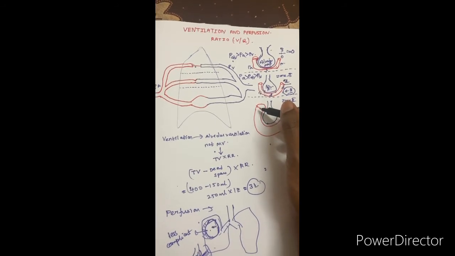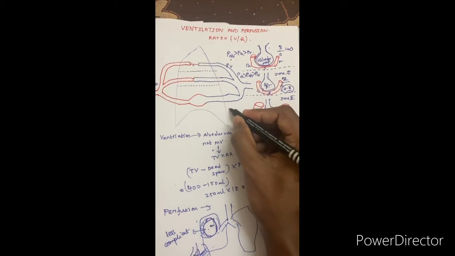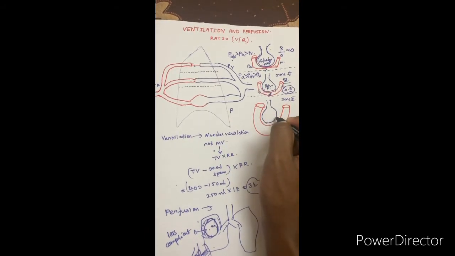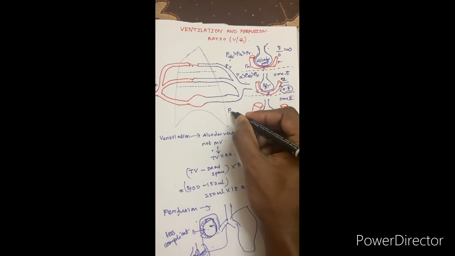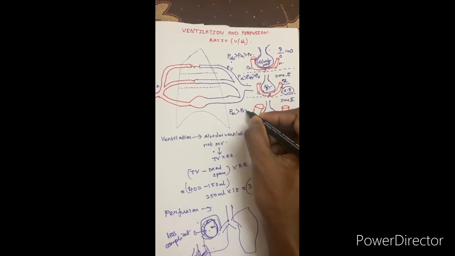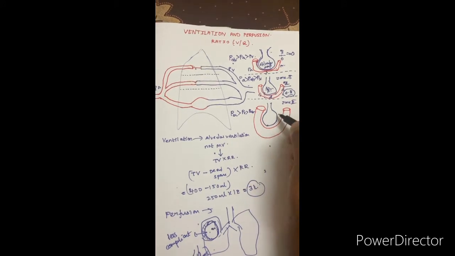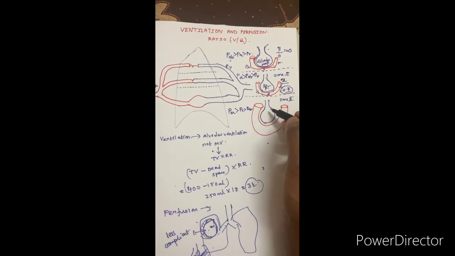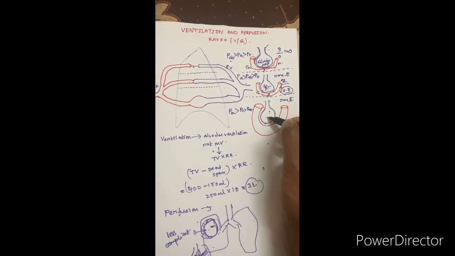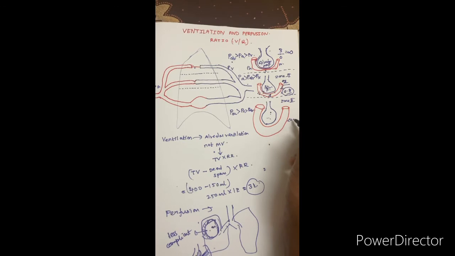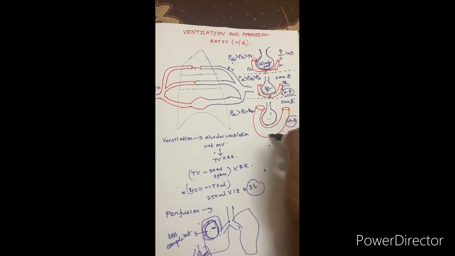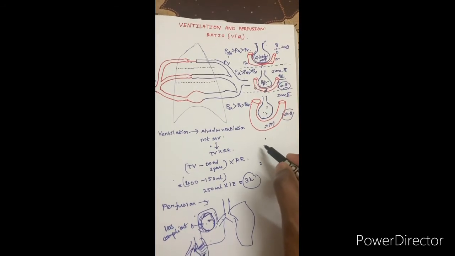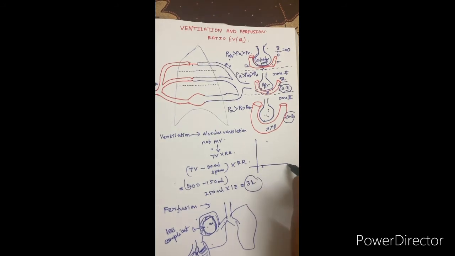In zone 3, the vascular dilatation is more and the blood flow is more. Here the alveoli are small and more compliant, as I told before. So arterial pressure is more than the venous pressure, which is more than your alveolar pressure. The perfusion is more compared to your ventilation, so the ventilation perfusion ratio in this segment will be less than 0.8, because here the perfusion part is more compared to the ventilation. Okay, so let's draw a chart of ventilation perfusion ratio.